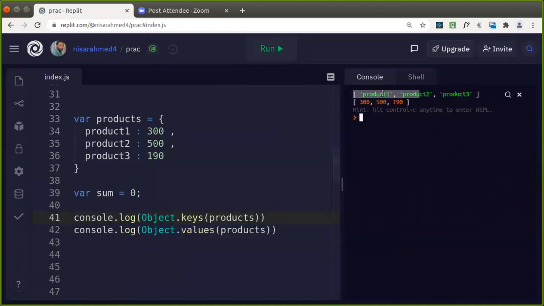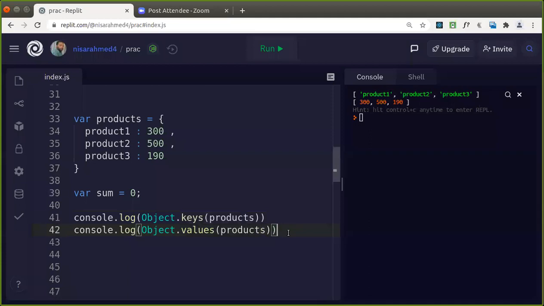So you can see here, Object dot keys of the given object products has given you an array of all the property keys, isn't it? Keys of all the properties, you can say product one. And if you want to get the values, you can use what? Object dot values of the specified object. It will return these values, 300, 500.